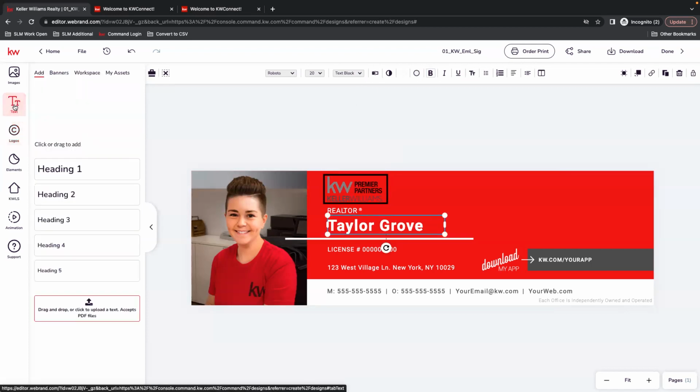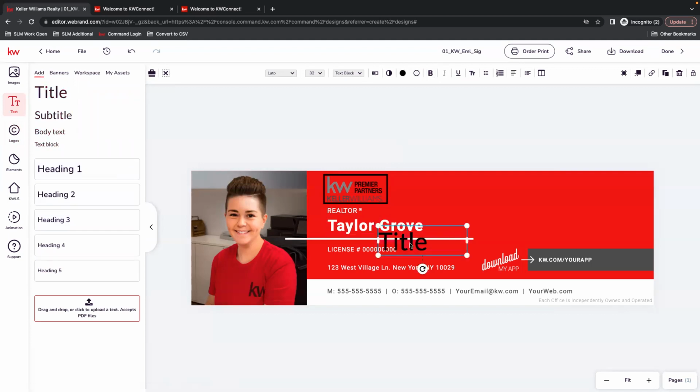There is the option here, again, text. You can add any of these type of text boxes and it'll throw it in there randomly for you to adjust. The font will be different, the color will be different, the size will be different. So if you're wanting to stick to the template, just like with images,